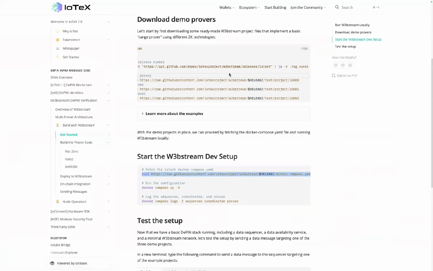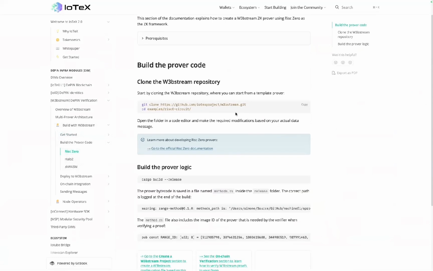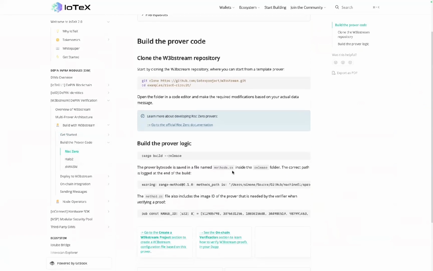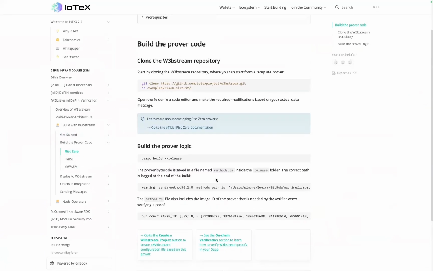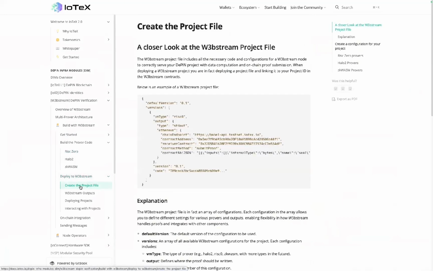So how you actually generate a project file for WebStream. Assuming you want to build your demo using RISC-0, you can go here and see how. You should also be familiar with the actual RISC-0 development process, but it's everything linked here. You can follow this simple guide to create your own WebStream logic. And then there are the steps for how you actually build your logic and generate the project file for WebStream